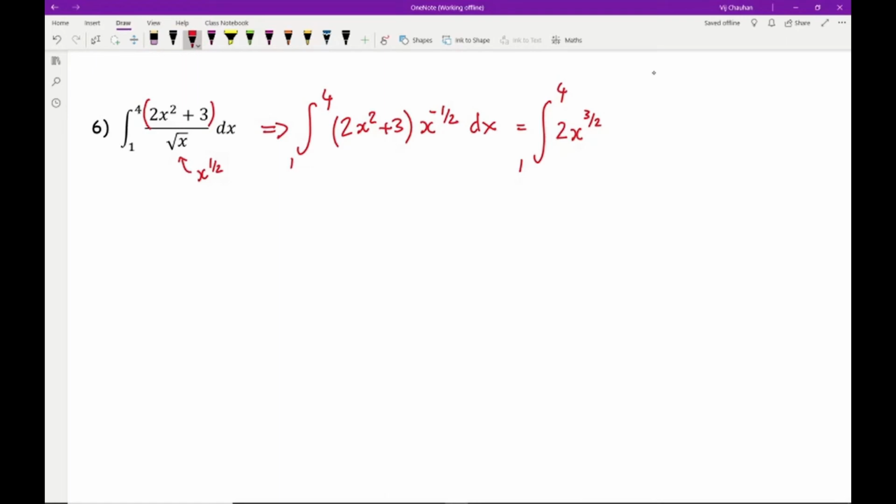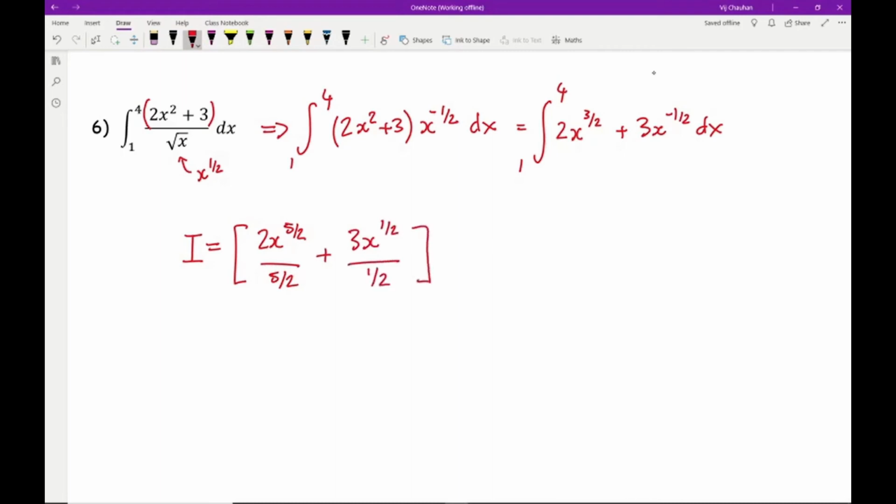If it does become a rational number, where it's a recurring decimal, I should say more, then make sure you use a fraction equivalent. If it's a terminating decimal, then obviously you can use decimals at this particular point. So I've got plus 3x to the minus the half dx. So now it's in this form, I can now go on to integrate it. So I've got 2x to the 5 over 2 over 5 over 2 plus, and then it's going to be 3x to the half over a half with the limits of 4 and